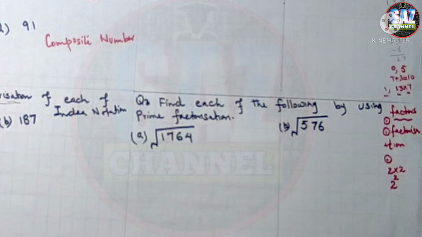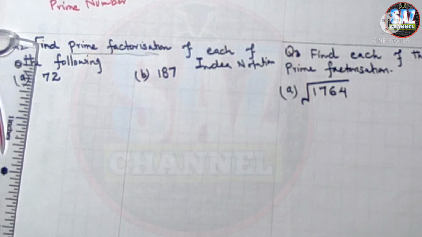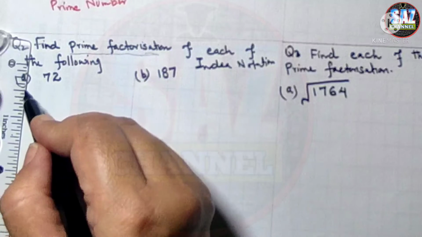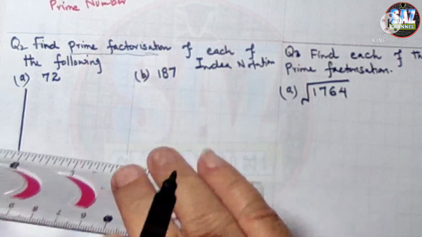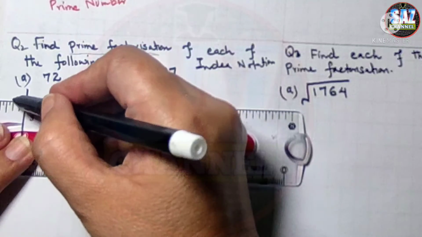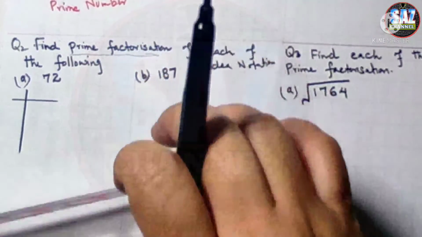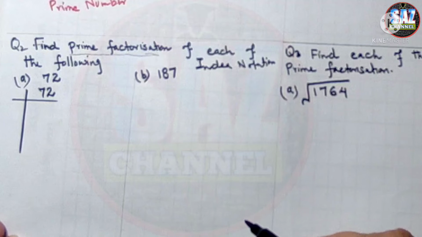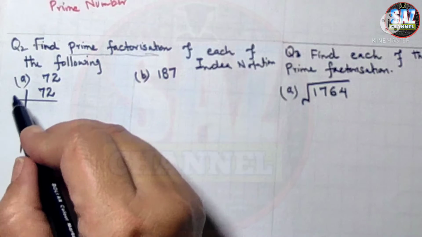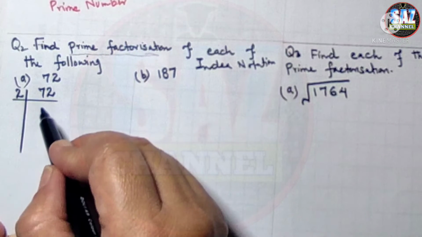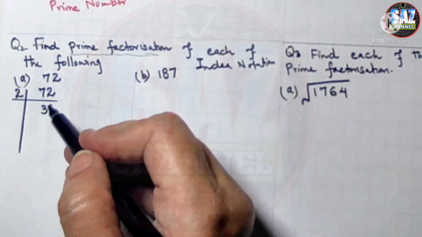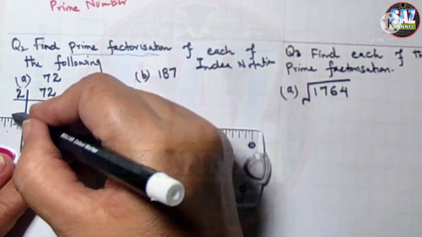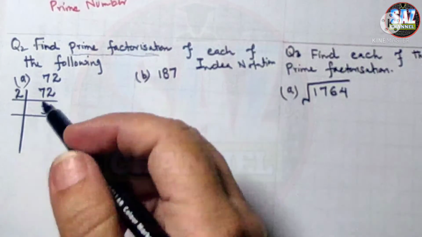So first we have to go for the prime factorization of 72, and for that purpose we have to make this formation. 72, and as we have to go for prime factorization, always choose the smallest prime divisor. Do not go abruptly, do not pick up composite numbers, and do not start with the largest factor. Like we can begin with 2, and 2 times 36 is 72, and then again we can divide. 36 is an even number, the unit digit is divisible by 2, so 2 18s are 36,